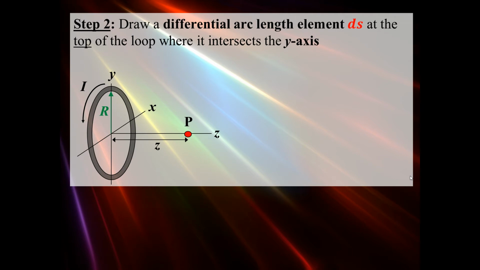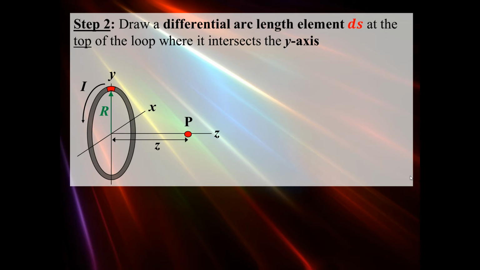Step 2, I'm going to draw a small chunk of the ring. We're going to call that a differential arc element, and we're going to give it an arc length thickness of ds. And I'll do it at the very top of the loop. Usually when we draw these differential elements, we don't put them at a position where it's directly along an axis. But in this situation, it's actually not going to matter where we do this. But for the sake of the derivation, I'm just going to make the differential element at the top of the ring